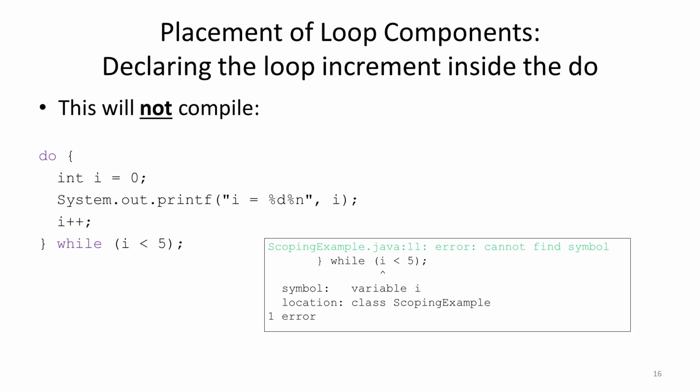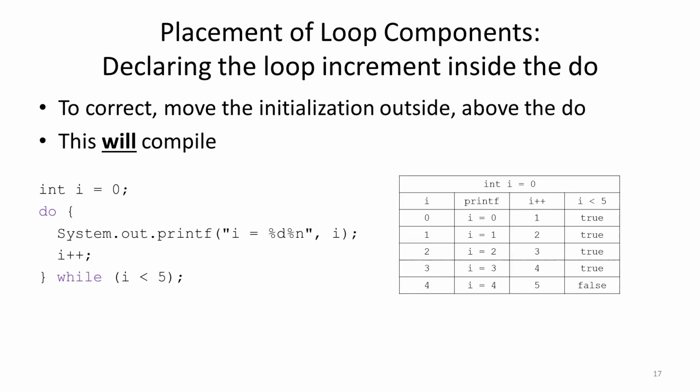You will only be able to use it up until the closing curly bracket. After the closing curly bracket, i does not exist, which is a problem because it is used in the condition. Since it's been declared inside the do, you can only use it inside the do. To correct this, you would place the initialization in its proper place, outside above the do. So int i equals 0, and then the do block